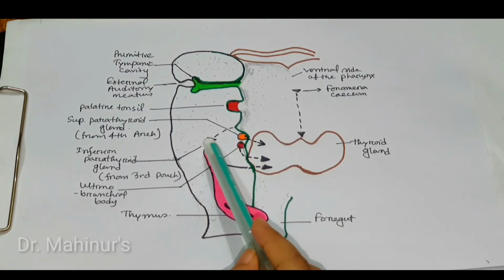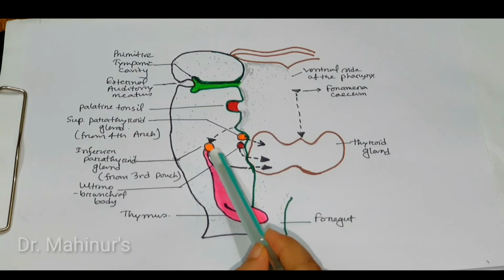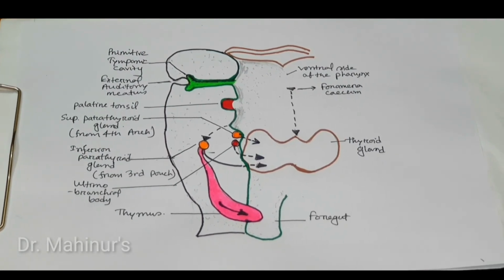Both gland primordia lose their connection with pharyngeal wall and migrate in a caudal and medial direction, pulling the inferior parathyroid gland with it. Thymus moves rapidly to its final position in the anterior part of the thorax. Growth and development of thymus continue until puberty. In young child, thymus lies behind the sternum in thorax. In older person, it's difficult to recognize since it is atrophied and replaced by fatty tissue. The parathyroid tissue of the 3rd pouch comes to rest on the dorsal surface of the thyroid gland and forms inferior parathyroid gland.